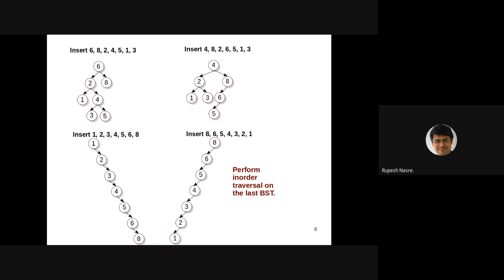Root arrow val is less than, oh, you wanted to say val, okay, fine. Root arrow val is less than val, then we have to go to the right, that is correct. Root arrow right equal to insert root arrow right val, correct. Otherwise left equal to insert root arrow val. Very good, that seems to be correct code. I'll wait for a few more seconds in case somebody else wants to share the code.